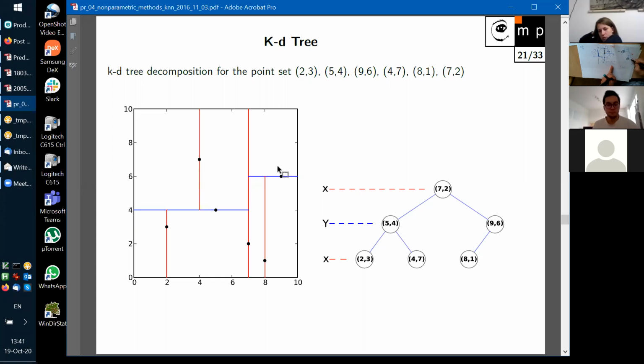So we know the lower bound: if this distance in the subtree is greater than d star, we can cut that tree completely. And what we'll do is keep a priority queue of subtrees, and we'll go into the subtree that has the smallest lower bound. Okay, in this case, we'll go to the left,